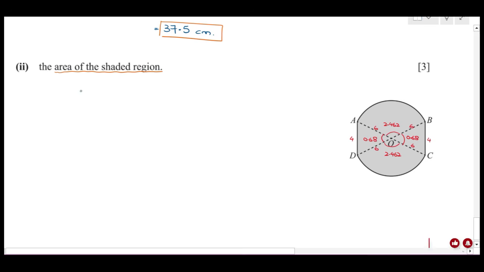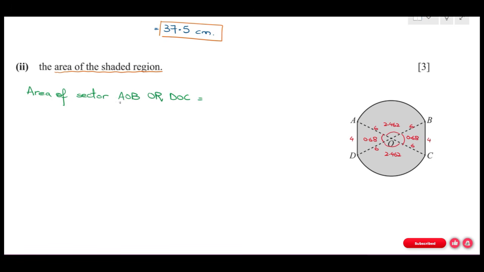We need to solve for the area of the shaded region. Area of two sectors, area of two triangles. The area of this sector is also the same because they are symmetrical. The area of this triangle and this triangle is the same because they are symmetrical, right? So let me solve for the area of sector AOB, or we can say DOC, both are equal. So area of a sector, since the angles are in radians, is